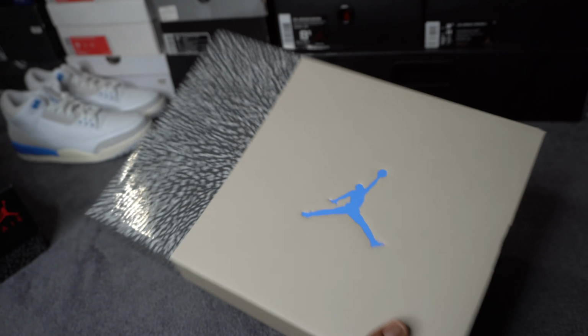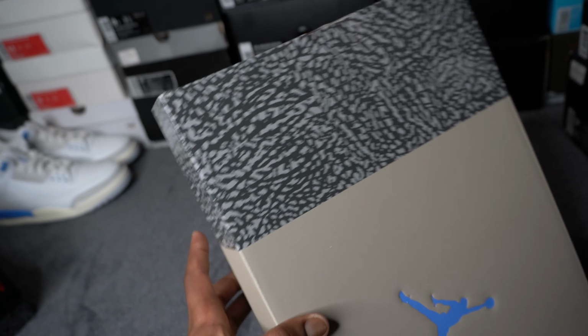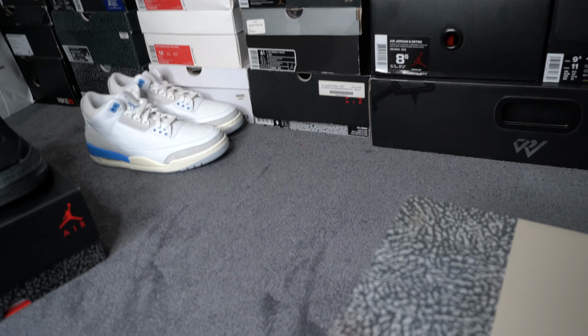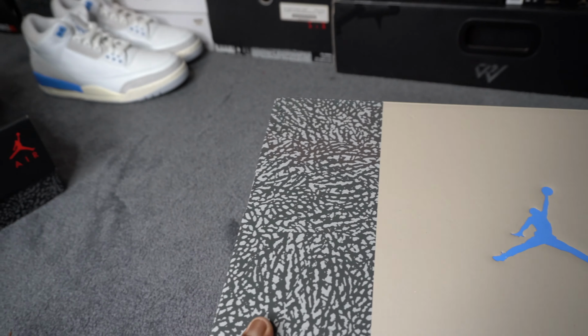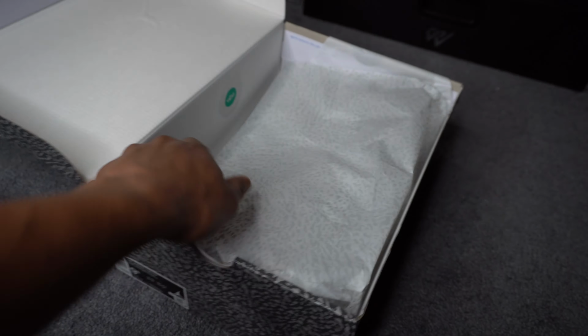The box is the same colorway as the shoe. Actually, it still is the same colorway, but interestingly, these have the elephant print on the tip of the box, but there's no elephant print on the shoes themselves. There usually is on 3s, so that's why the box has the elephant print. Whatever. Here on the inside, you have your elephant print paper